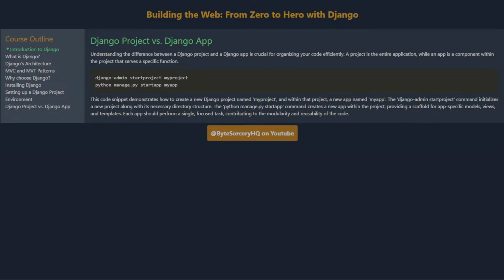Django project versus Django app. Understanding the difference between a Django project and a Django app is crucial for organizing your code efficiently. A project is the entire application, while an app is a component within the project that serves a specific function. This code snippet demonstrates how to create a new Django project named My Project, and within that project, a new